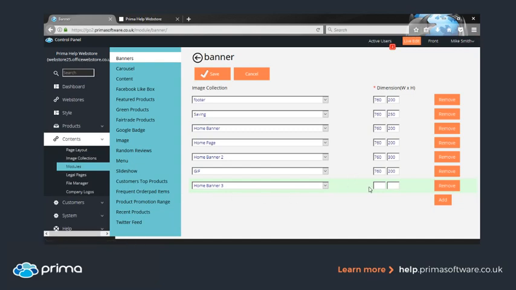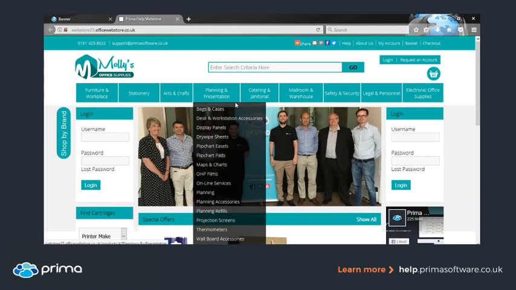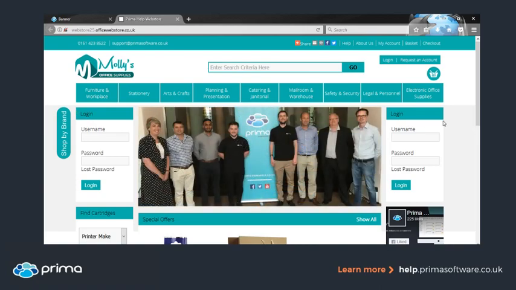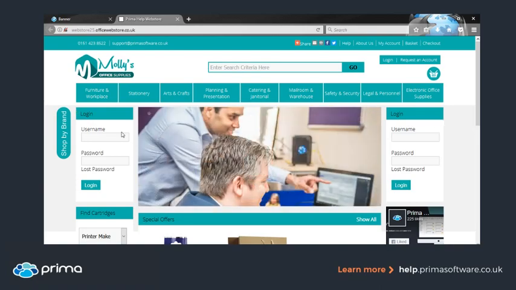The image dimensions are something you will have been told when you had your first training with us on the control panel. If you're not sure of the sizes, I'll just give you a quick reminder. If you've got a store set up like our Prim Help store here, which is more for office supplies, we do have 3 columns. So in this setup, what we have is a login box on the left hand side,